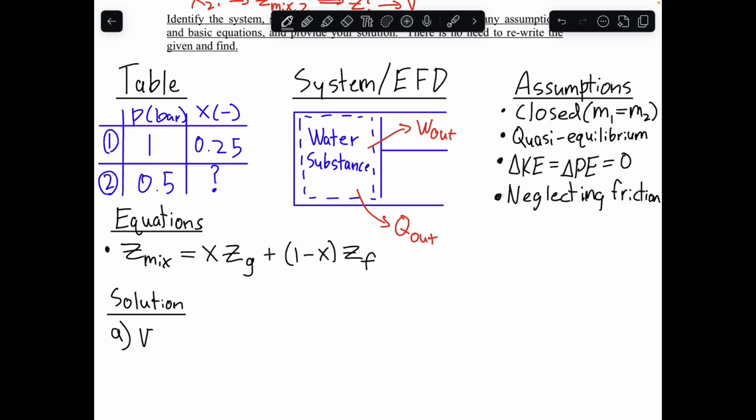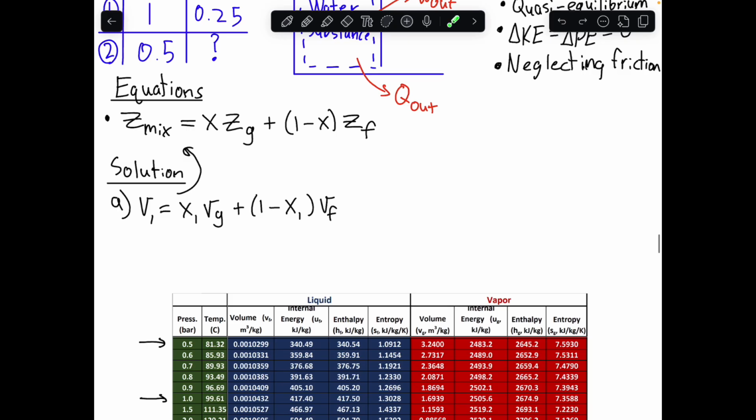So again, the first step will be to find V1, and we can do that using this equation up here. V1 is equal to x1 times Vg at state 1 plus 1 minus x1 times Vf. Again, we're just plugging in V for Z here. And these values we can get from our table down here. So Vg is going to be our specific volume at 1 bar here because we're at 1 bar at state 1. And then Vf is going to be our specific volume at 1 bar for the fluid side. So we plug in those values and we get